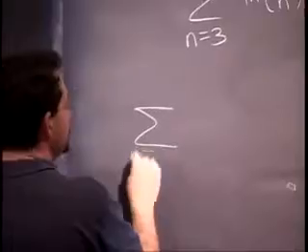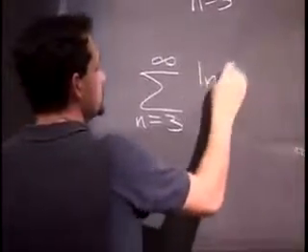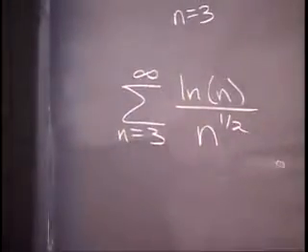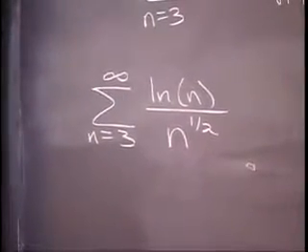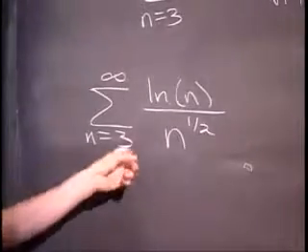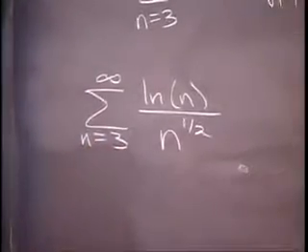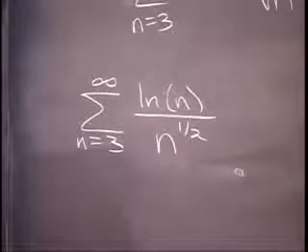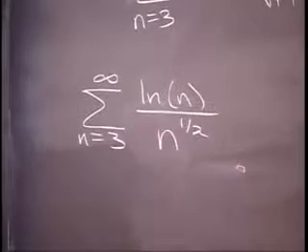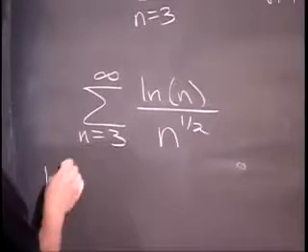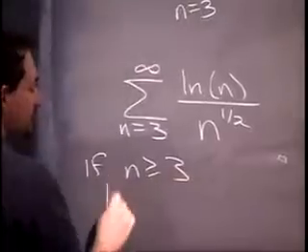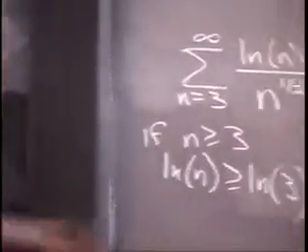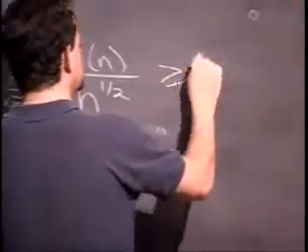Consider this. I'll write it as n to the half. How small could log n possibly be? What is the value of log n? It becomes log 3, log 4, log 5, log 6. What's the smallest that log n could possibly be in this series? Since log is increasing, log 3. So if n is bigger than or equal to 3, log n is bigger than or equal to log of 3. So actually, I'll just do a really simple comparison